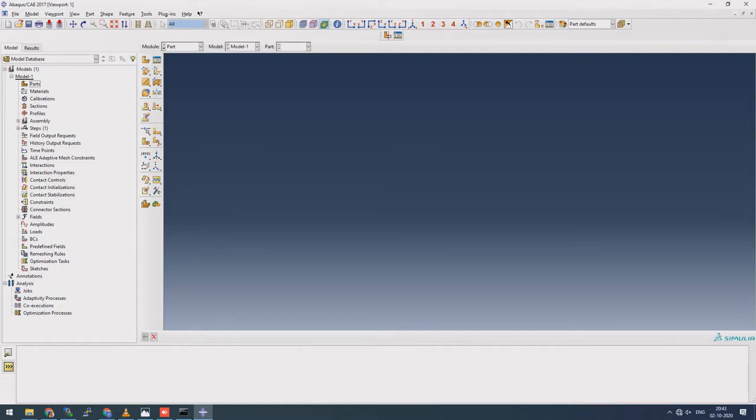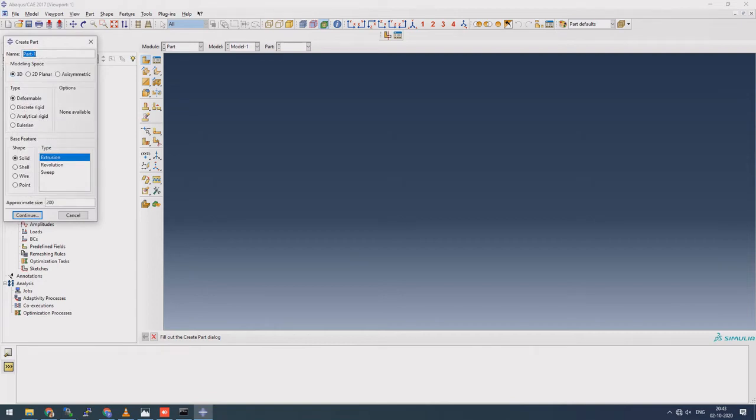Analysis through a dam. We will be looking at the seepage analysis through a dam. So let us start. We'll create a part first. We'll make a 2D shell part, and we'll keep the approximate size to 20. First we are going to draw the dam and the underlying soil, and then we'll create some pore water pressure, and then we'll see what happens once the analysis is run.